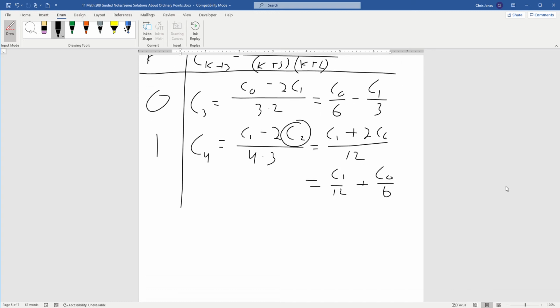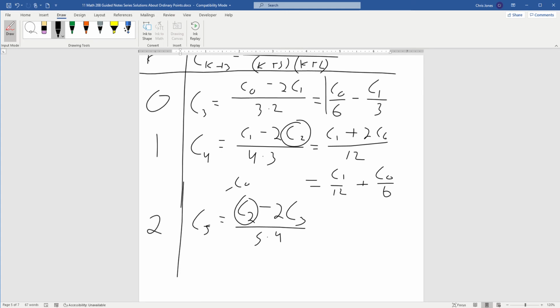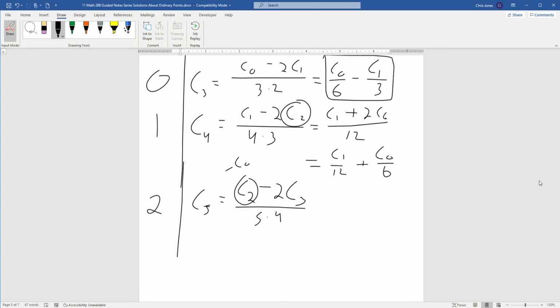Now here's where it's going to get a little bit interesting. C5 is going to be equal to, remember we go up to whatever k is, C2 minus 2 C3 divided by 5 times 4. We already know what C2 is, remember C2 is just the opposite of C naught. We also know what C3 is, it's this quantity. So we can rewrite this, and we do choose to,